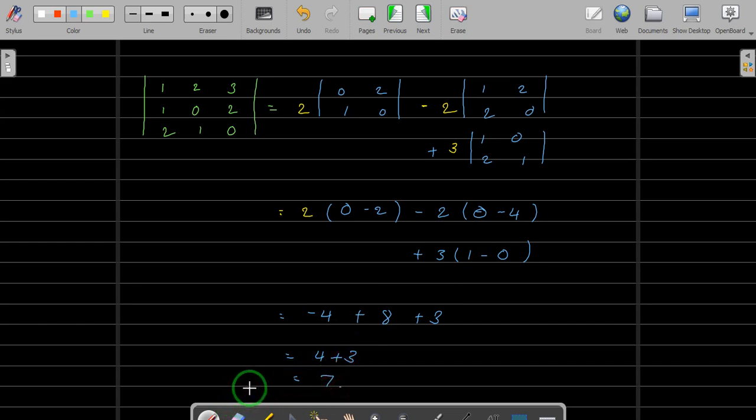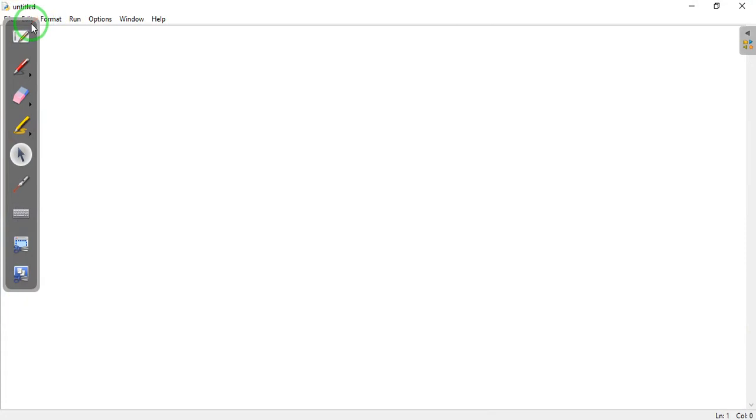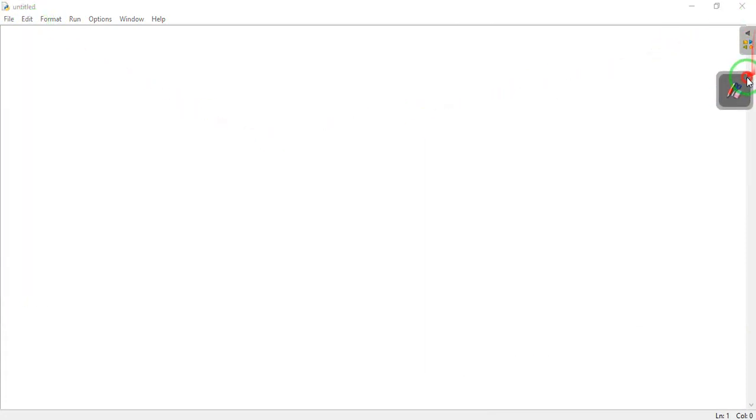Okay, now as we know how to get the value of the determinant, now we will write a program. First we will see the second statement, that is how to use if, elif and else statements, and then we will write a program, enter this matrix and verify whether we have made any error in the program or here. Now let's go for if-else statements in Python. So let's go to Python. Let me remove this side.